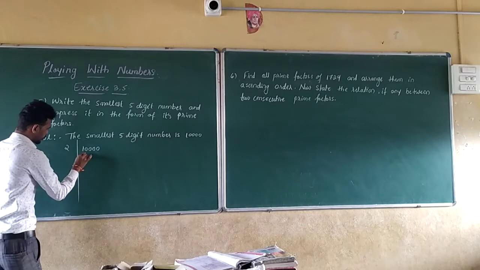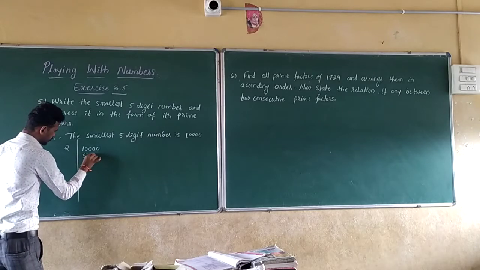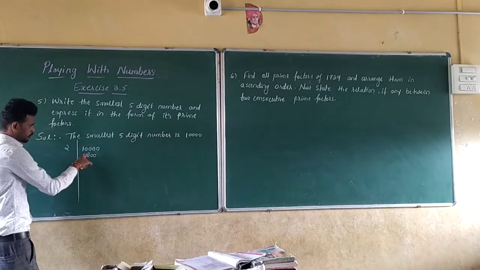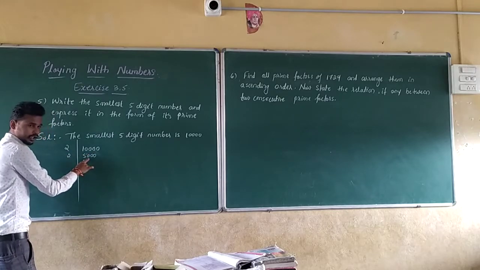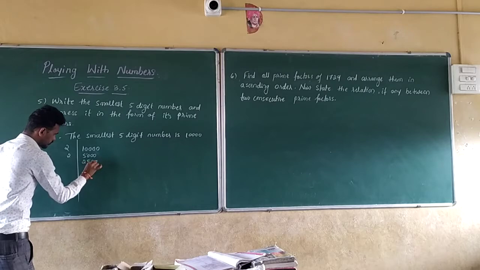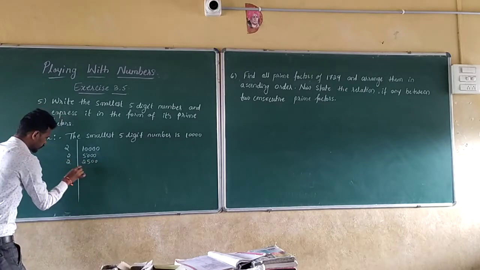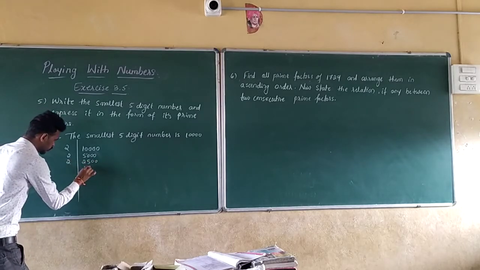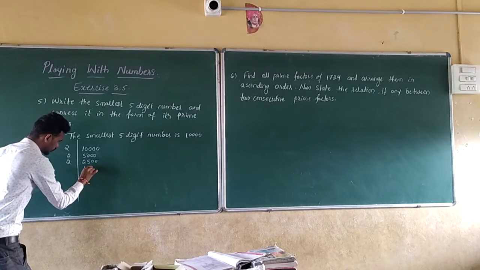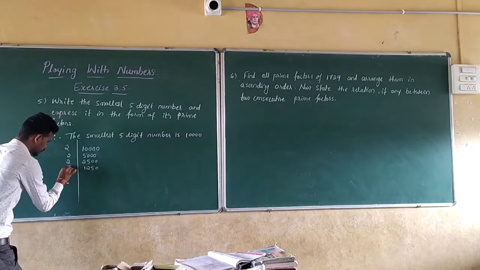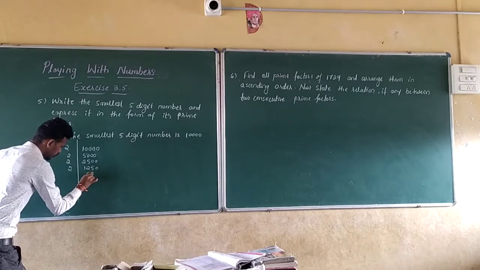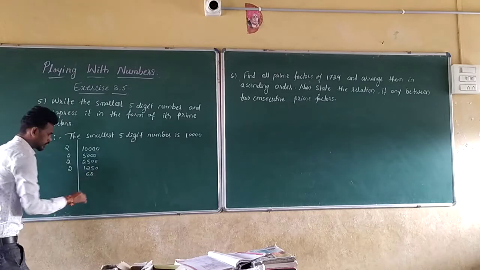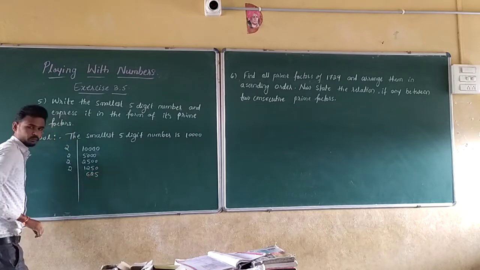Here by 2s. 2 5s are 10, so 0. Next, 2 2s are 4, 1 remains, 10, 2 5s are 10. Next, 2 1s are 2, 2 2s are 4, 1 remains, 10, 2 5s are 10. Next, 2 6s are 12, 2 2s are 4, 1 remains, that is 10, 2 5s are 10.